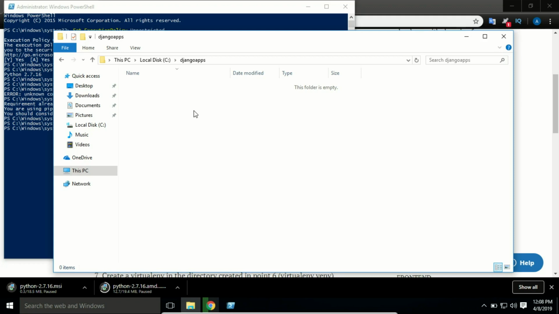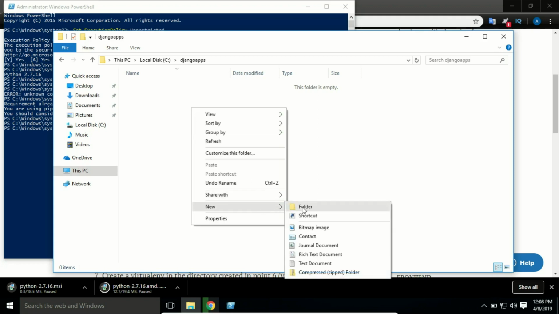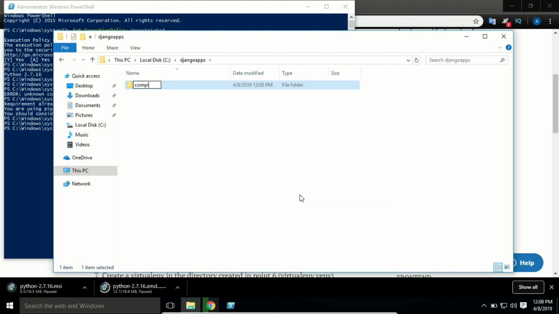In this case, we are building an inventory management system, or you can organize it based on the company that you're working for, or based on the apps that you're building. In this case, we will create a new folder and call it comp inventory. So that means we are creating a folder, and in this comp inventory folder, we will put every single file that we use to work on this project,